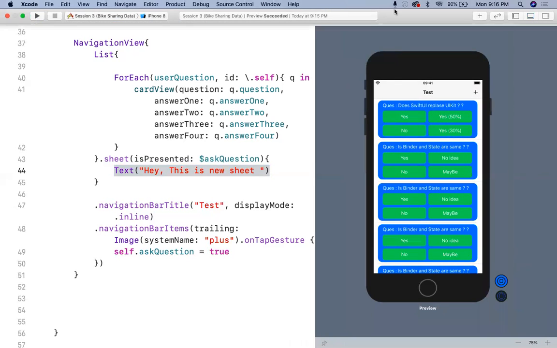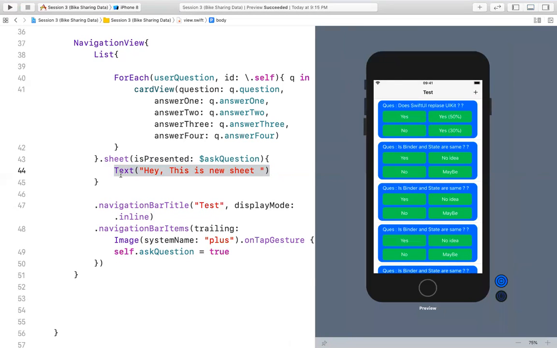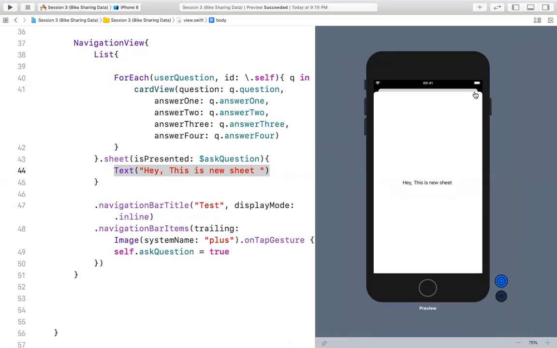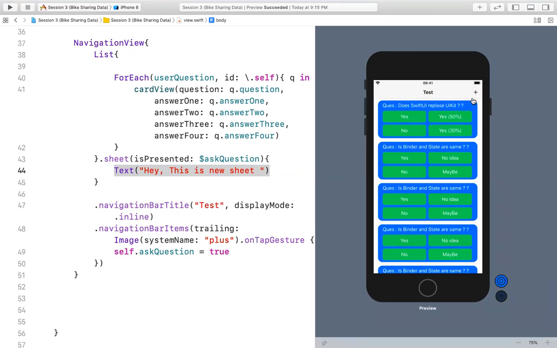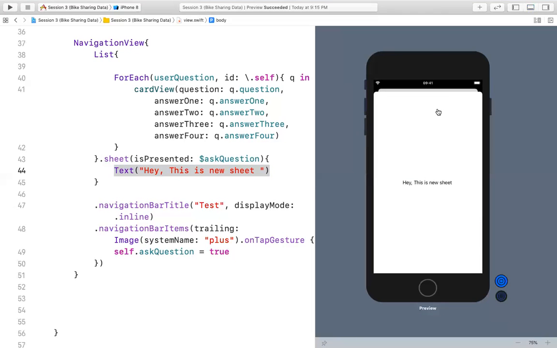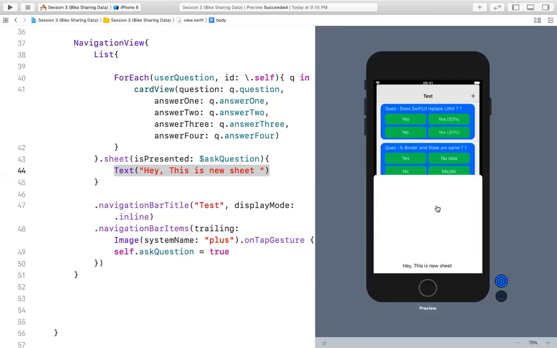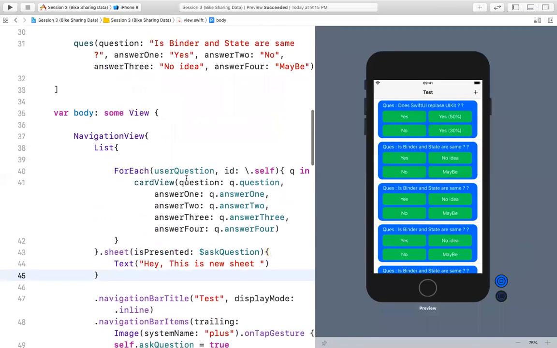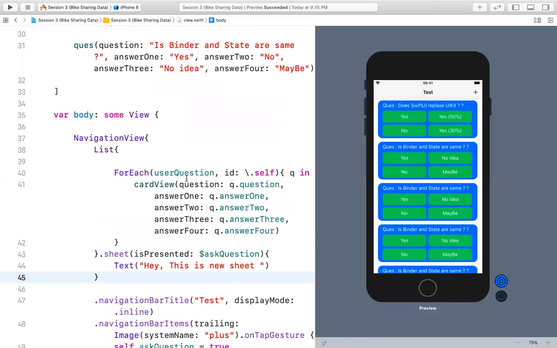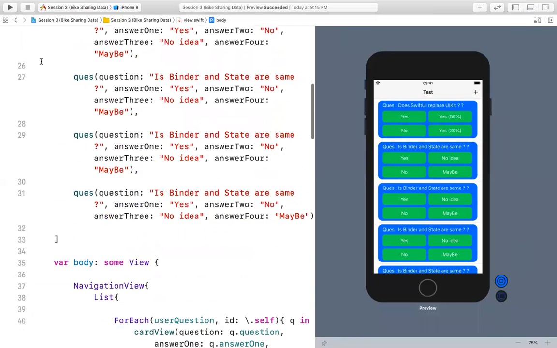Or you can send message on chat. So guys, what I'm saying is, when I tap on this plus button, some sheet came, and we can swipe down like this. When I tap, it came over the screen, and I can swipe down. Again, I tap, came, I can swipe down. So what is happening is, if you want to show any kind of sheet view, what you have to do,